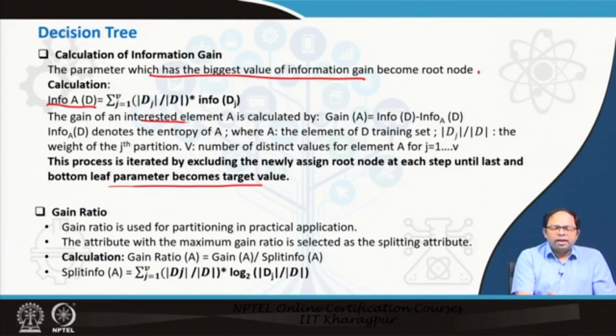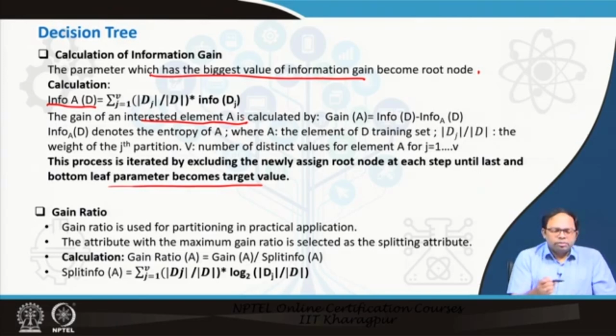So, we estimate the total amount of information that is gained, and Gain(A), the gain of an element of interest A, is calculated, where the element of interest A means the candidate for splitting the decision tree. We can use any parameter. For example, when we have a tuple with mode choice as the final outcome, and the characteristics are income and car ownership, which one should we start with? Should we use income to first split the data set and then car ownership, or start with car ownership and then go to income? We find which one will give us more information gain.